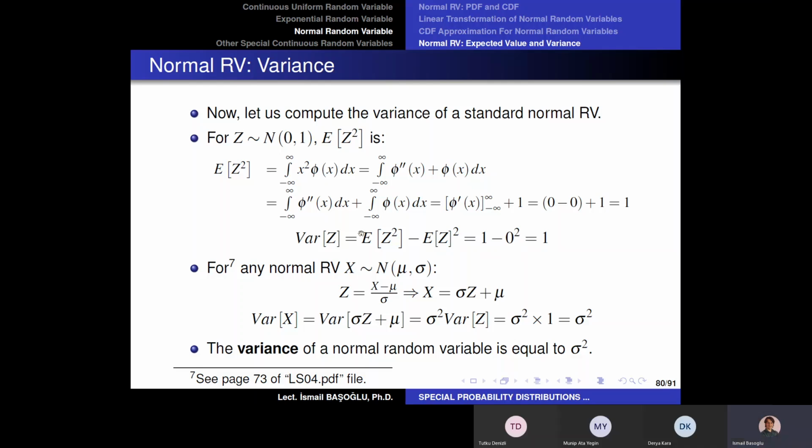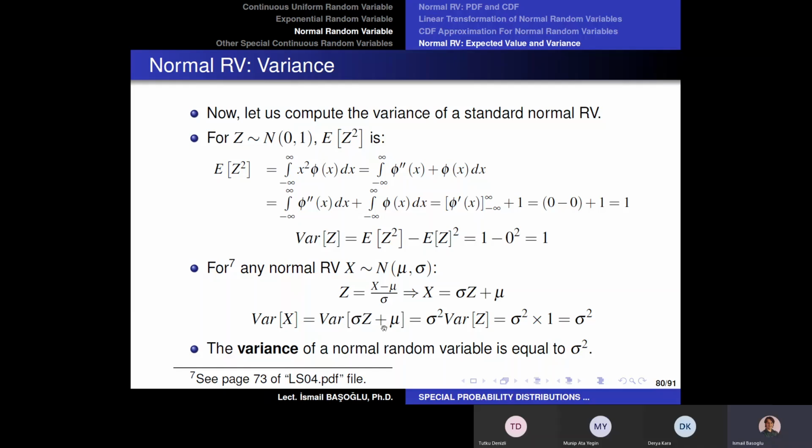Okay? Now, what about any normal random variable? For any normal random variable, what would be the variance? So what is the variance of a random variable with location parameter mu and scale parameter sigma? Remember now, we can generate a normal random variable by multiplying a standard normal random variable with the scale parameter and adding the location parameter. So instead of writing x here, I am going to write sigma times z plus mu, which is the inverse of the standardization operation. And according to our learnings in the end of chapter 4 again,